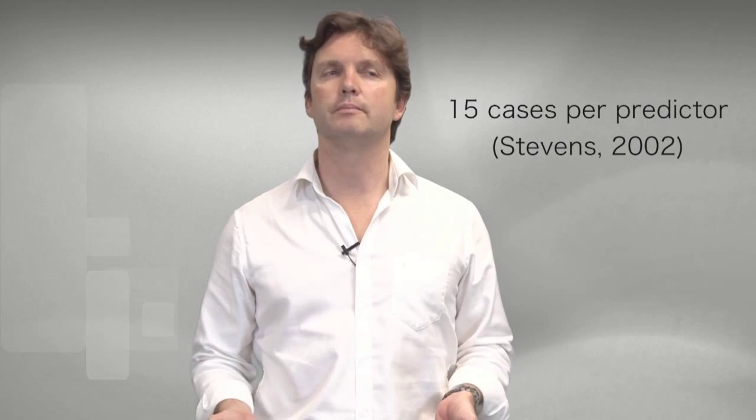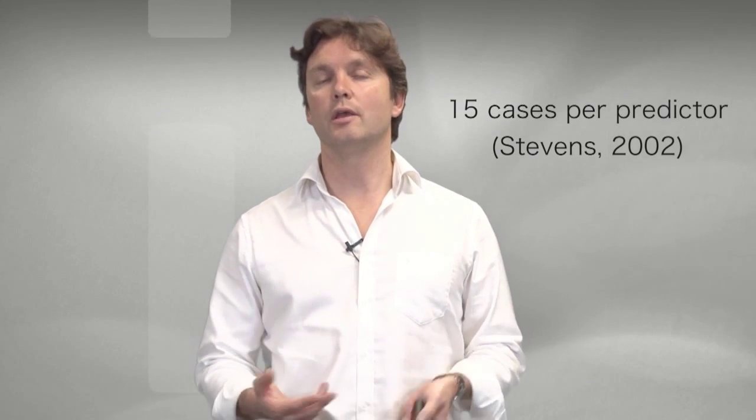To produce a reliable regression model, a reasonable ratio of participants to predictors is required. But what's reasonable? For a reliable regression model, Stevens says that you need 15 cases per predictor. While I defer to Tabachnick and Fidell,